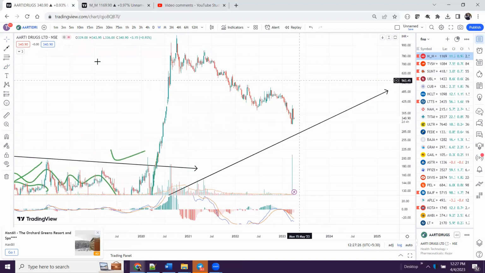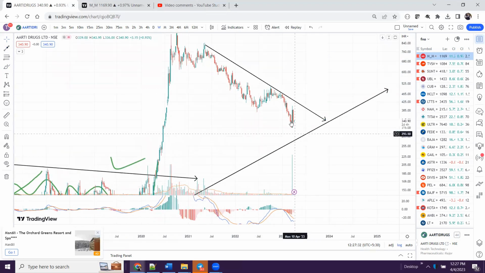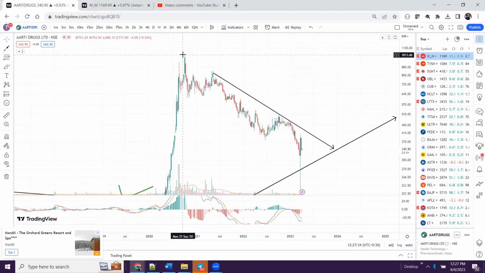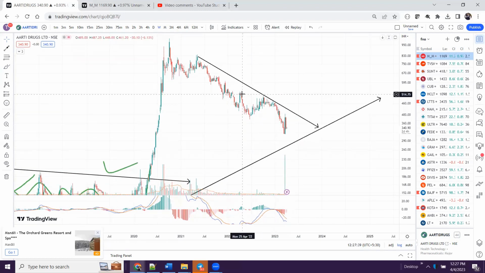Now if you connect this trend line here, and we want this stock to go and breach this level to the upside, then the possible move it should give is a very fast move like this, without any bending or corrective structure. Now let me show exactly what I'm saying.